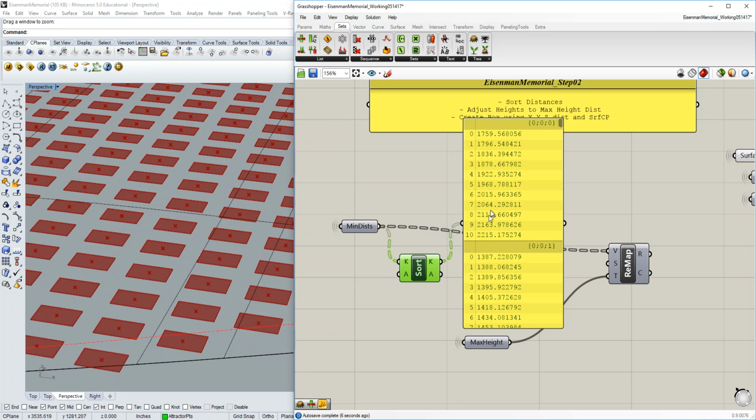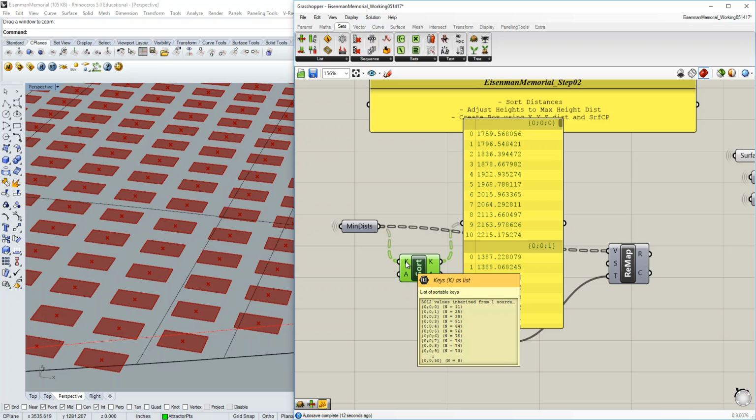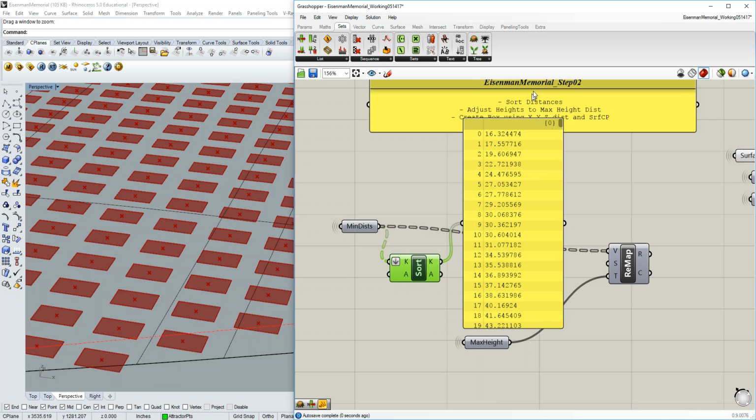What I want to do is get them all into one giant list and then sort them. So I'm going to right click to flatten. I can right click on the K input and flatten. That puts them all into one massive list and sorts them as one massive collection. Now we see the smallest one is up top, that's 16.32 in my scenario, and the largest one is at